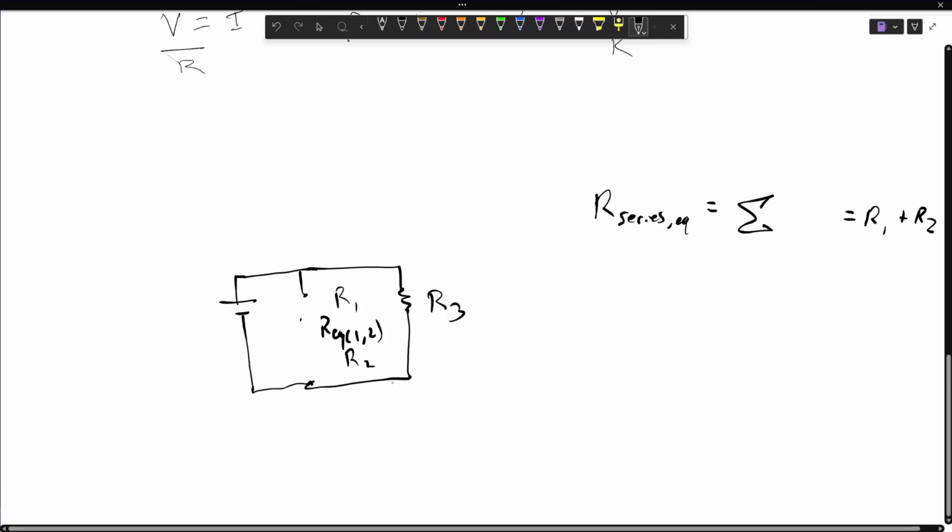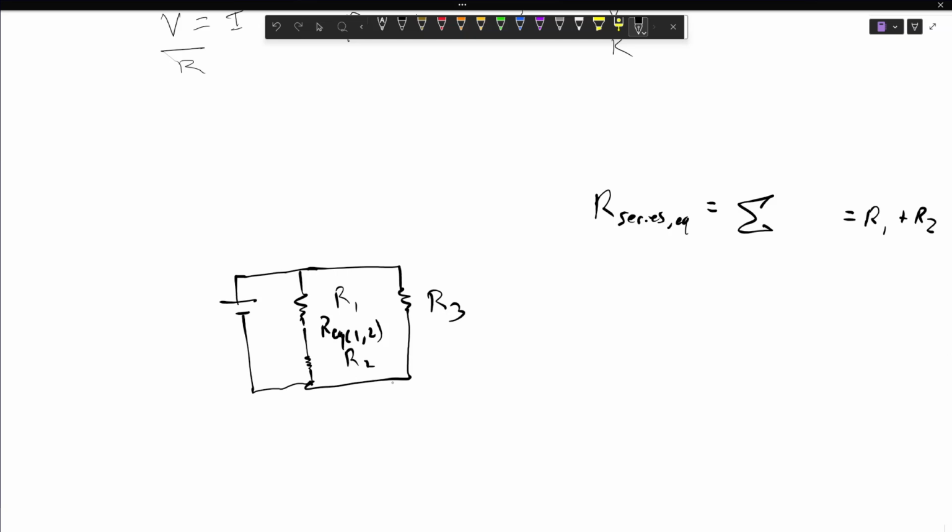back out. Now that I know the current, I can find the individual voltage drops through each of these, because the current is the same through those. So if you add up each resistance in series, you get the equivalent resistance of that branch. But if those resistors are in parallel, like this equivalent resistor and this R3, because you reach here and there's a fork in the road, I could either go down this path or I could go down this path. So the total resistance of this path plus the total resistance of this path